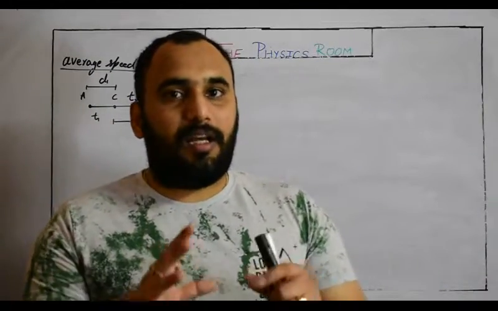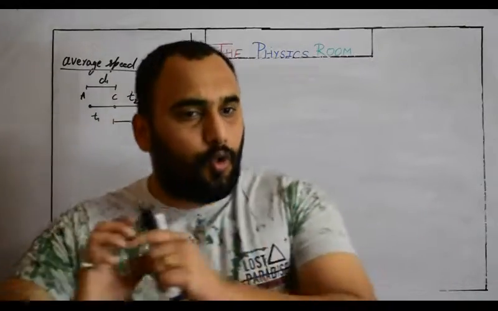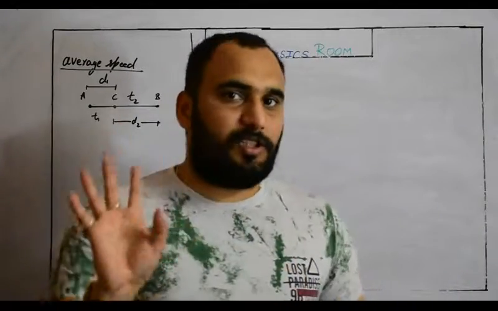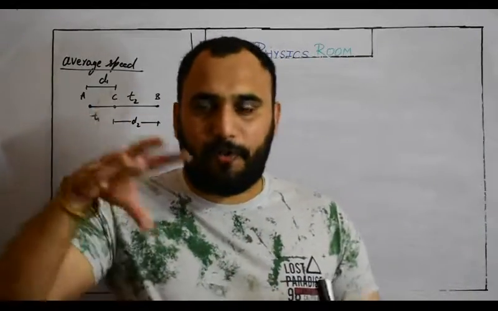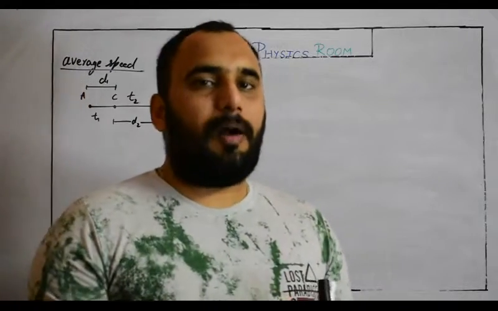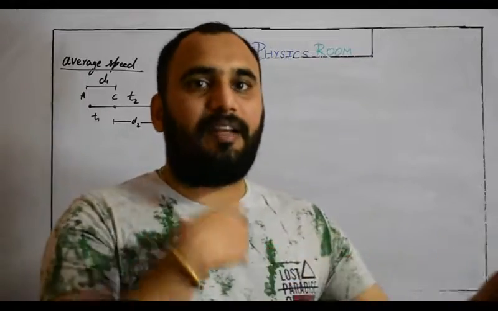So you are taking the simple thing in a simple way: the total distance traveled and the total time taken. You are checking only these two things during the entire journey. You are not focusing on the slopes, right? So basically whenever we talk about average speed, we are talking about the entire distance traveled